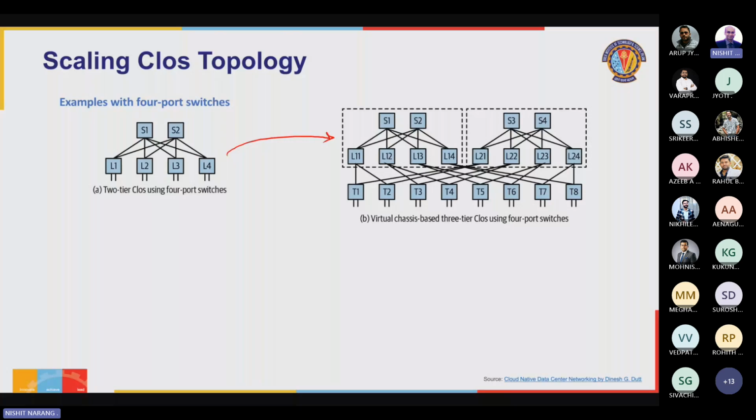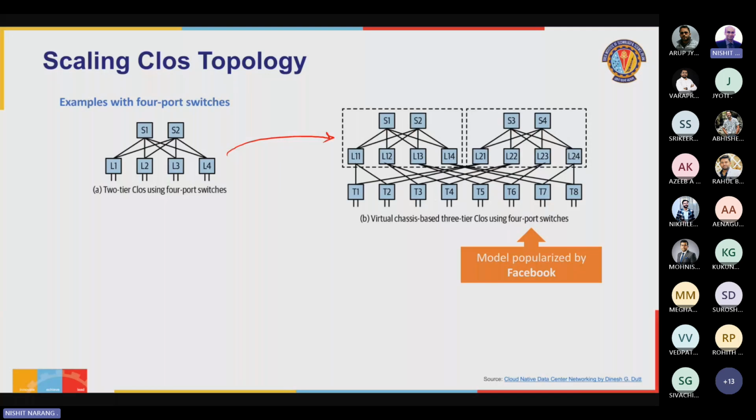We've kind of created a virtual chassis of switches, and therefore we are calling it a virtual chassis based 3-tier topology. This is actually a model which has been popularized by Facebook. This is what Facebook follows a lot in their data center network, the virtual chassis based network topology. But this is not the only way, and in fact, you can think of other methods to reuse these